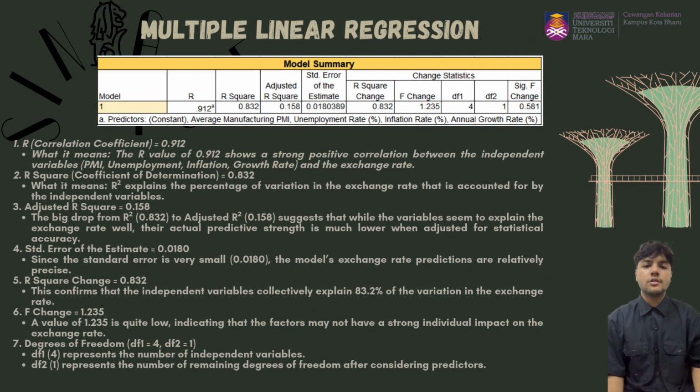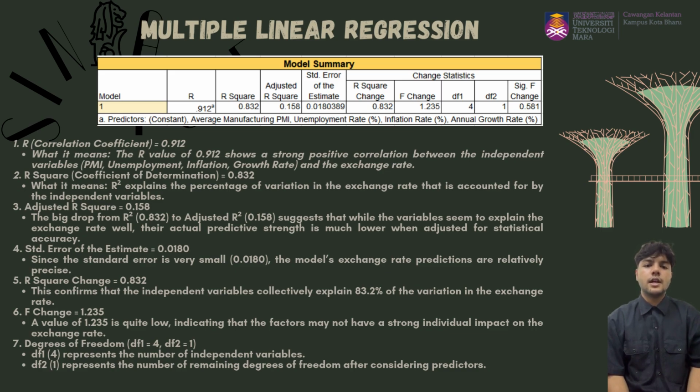Okay, next I'm going to talk about the linear regression slide. The regression analysis shows a strong correlation, R equals 0.912, between exchange rate and economic factors like PMI, unemployment, inflation, and growth rate. R2 equals 0.832 suggests that 83.2% of exchange rate variation can be explained by these